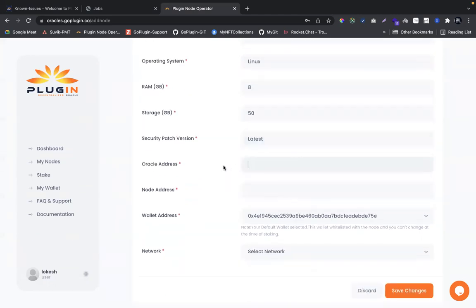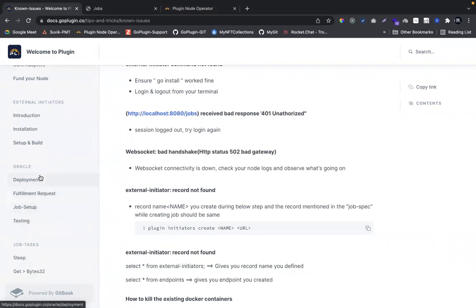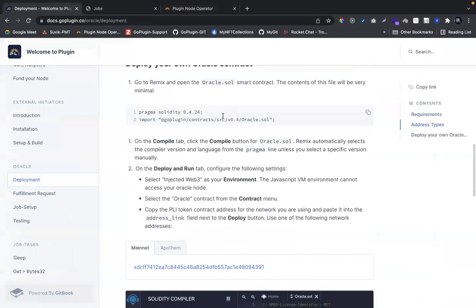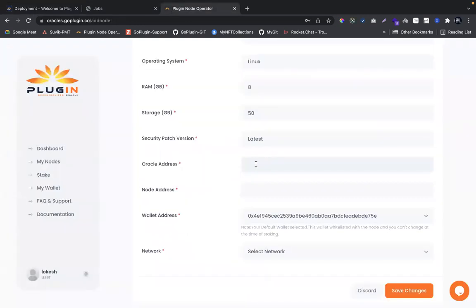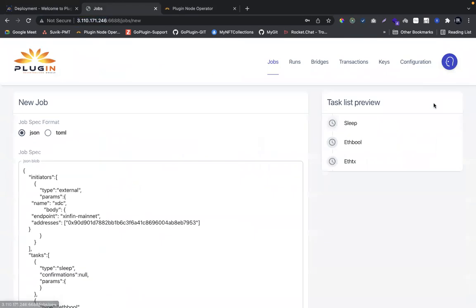So this is very critical, right? How do you obtain this Oracle address? When you follow this documentation, as I said before, you will have to execute this Oracle section, right? When you deploy this Oracle contract, you will get the smart contract address. That is the input which you are going to share in this specific section. So do not override any other address. It has to be your valid Oracle address. Since I have the Oracle address already captured in my job section, I'll go ahead and copy it from here.